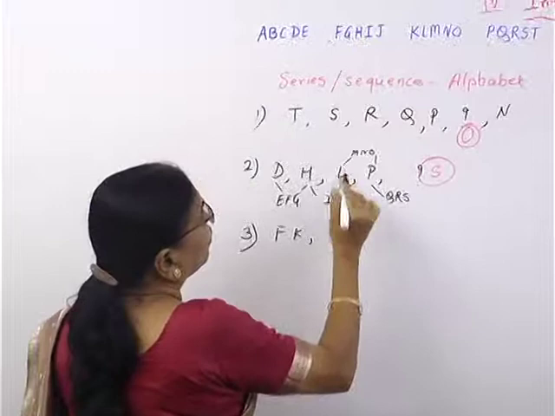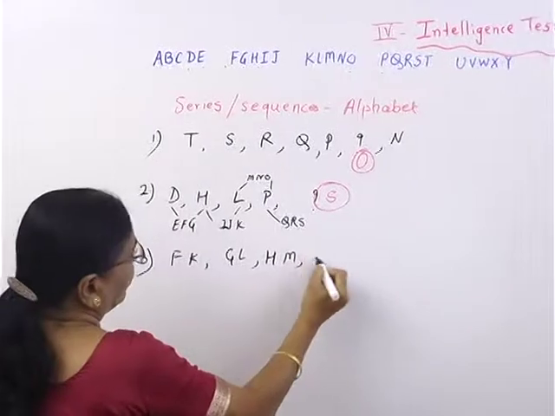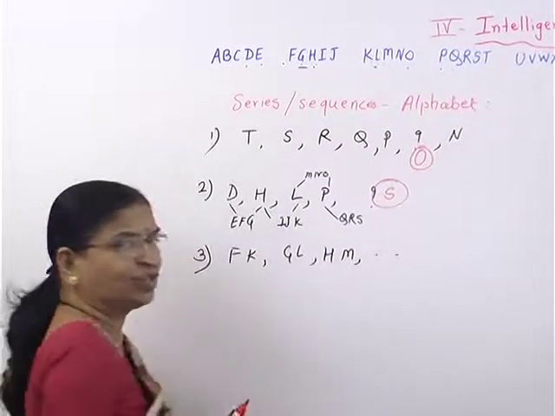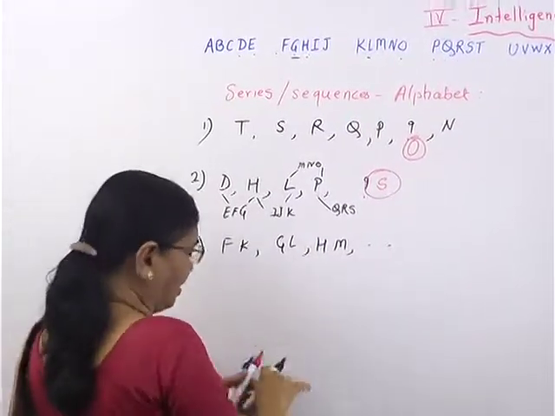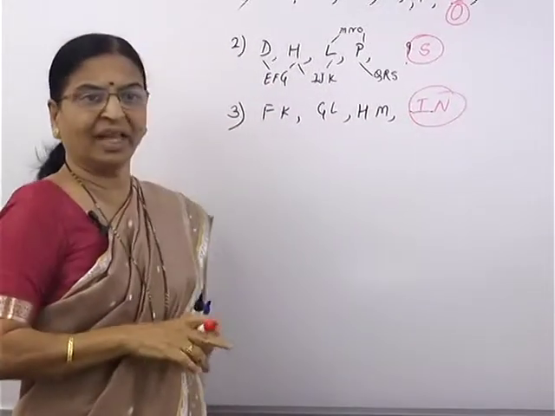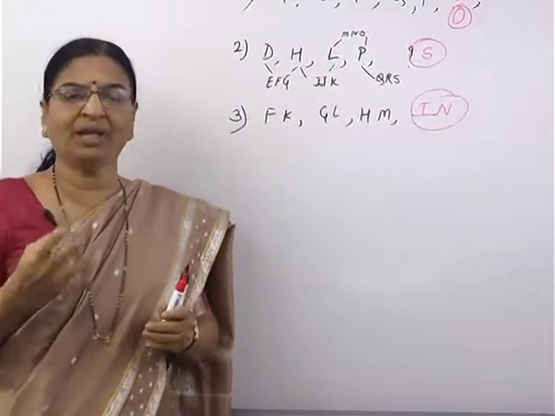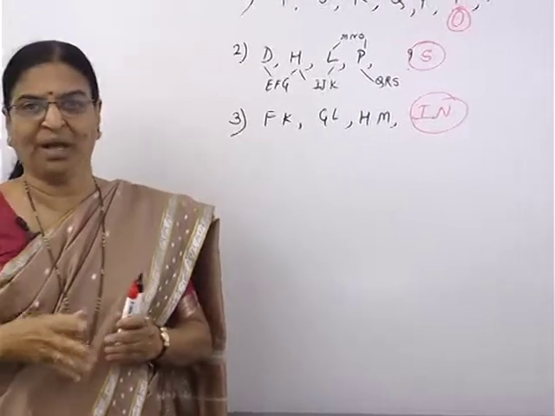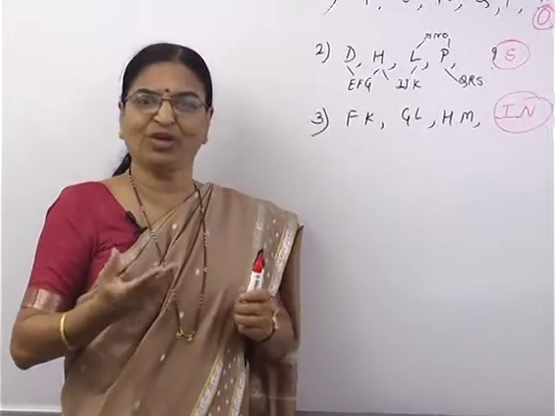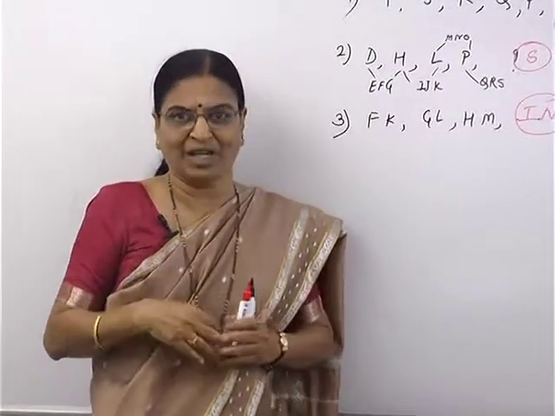Then I make a group of G and L. Okay, then H and M. Like that I go on finding G and L, then H and M. So what can be the next one? Of course, I will have I and N. This will be the next group. So any type of relation, any rule you can make and do your series. Okay, you also prepare your own sums and let your friend try it, so that you will get good practice also.